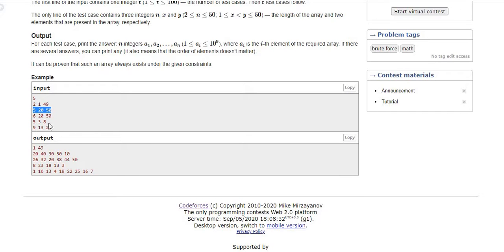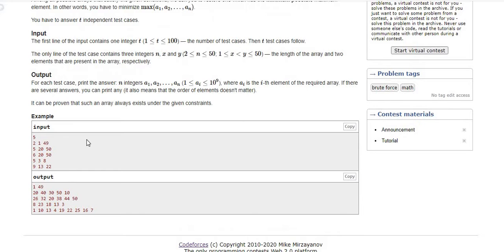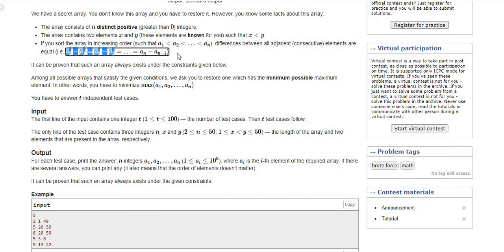Here the difference between 20 and 50 is 30, and we have to form an array of length 5. Based on that difference value, I can look in the range of 1 to that difference, that is 30. I should have one value which can give me this equilibrium equation.